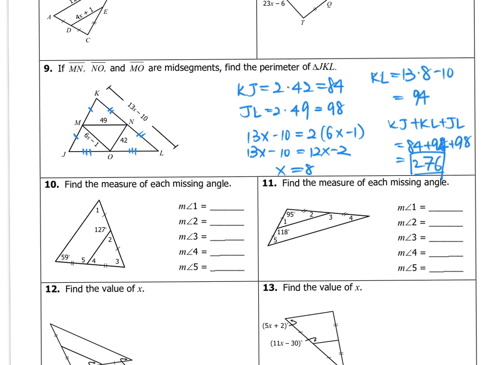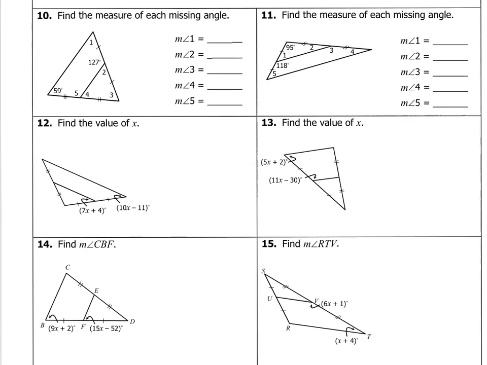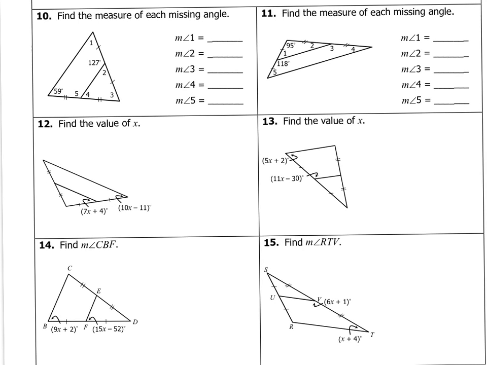I think this is on this next page too. Not quite. All right, I'll just do this here. I'm going to move it down a little bit. Let me do number 10. Find the measure of each missing angle. You're going to use the other information that's given by the mid-segment theorem. Remember, we've been practicing that mid-segment is half as long as the sides, but it's also parallel to the